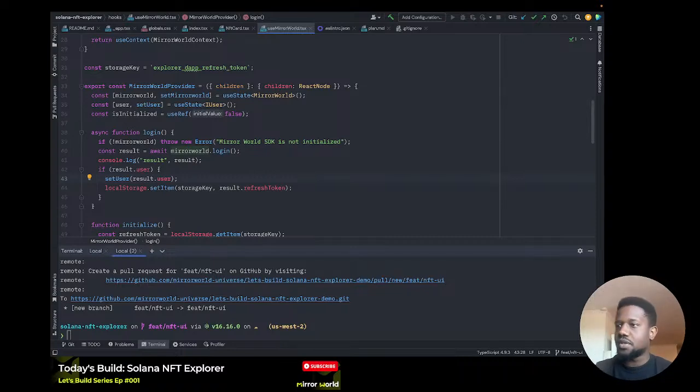Also, if the music is too loud, please let me know and I can turn it off. If you guys don't like the music, just let me know, I'll turn it off. I kind of like it. I thought I'll just keep it, but if you don't, all right. I don't see any